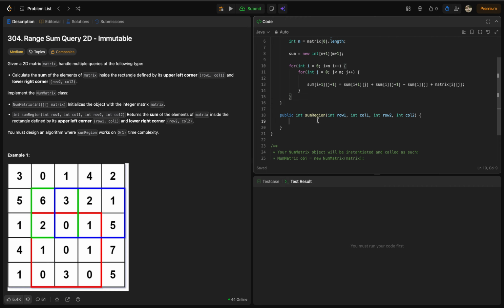अब हमने सम सारे स्टोर कर लिए, अब इसके बाद सम ऑफ रीजन निकालना है, तो सम ऑफ रीजन हम सिंपली कर सकते हैं, जैसे किसी भी रो में अब हम सिंपली अगर इसका सम निकालना है तो हमें इस डब्बे का ग्रीन वाले का निकालना है, तो हमें ये माइनस करना पड़ेगा और ये माइनस करने में, तो ये एलिमेंट क्या होगा, पहले तो इस पूरे का टोटल क्या होगा, ये कॉर्नर जो दे रखा है +1 में स्टोर्ड है ना, तो रिटर्न हमारा सम में रो 2 कॉर्नर वाला +1 एंड कॉलम 2 +1, ये हो गया इस पूरे का। अब इसमें से ये माइनस करना है, तो और ये माइनस करना है, तो ये क्या होगा,